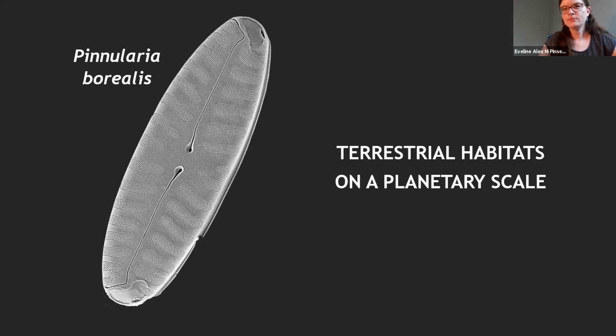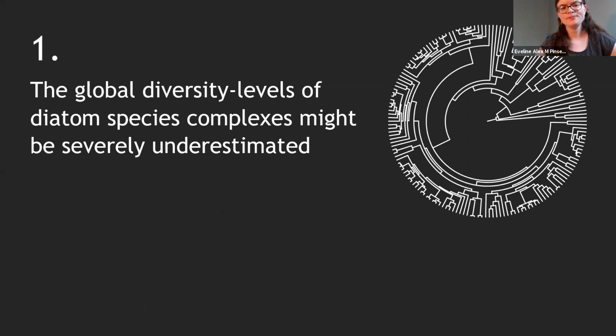This doesn't mean that, for example, borealis cannot be classified as an adaptive radiation. I definitely think that adaptation plays a major role as well. And often many radiations in macrobiota are a combination of different factors, which can be both local adaptation and geography. But I just want to highlight here that in terrestrial diatoms, we should definitely not underestimate the importance of geographic isolation in speciation processes. So to conclude, we actually found that, yes, using molecular data, our diatom complex Pinnularia borealis